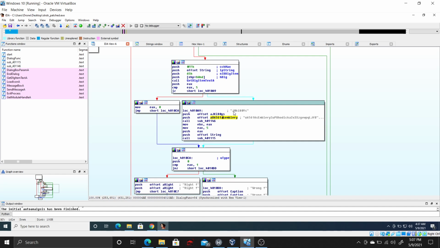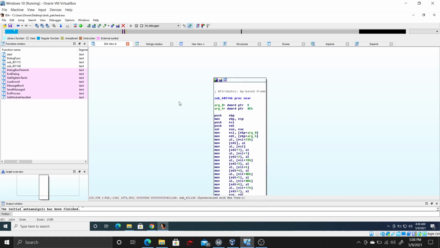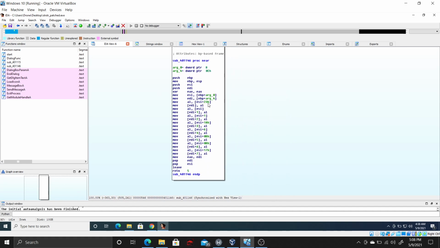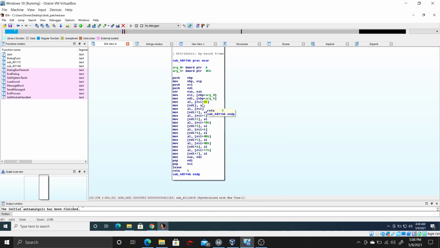Now I have not made any change to this hard-coded 8 character string, but I have made a small change in this long hard-coded string and some changes in this subroutine. So let's first understand what I did with this subroutine call. Over here, previously it was adding 42 to the ESI register. Now I have changed it to 35. Why I have changed it to 35 is because